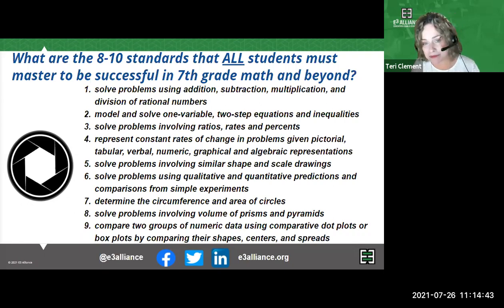And in this example, these are the 9 skills that if I was having conversations, I would say, yes, these are the 9 skills that all 7th grade math students in my class would need to continue on to success. And these are the things we want them to remember, to demonstrate mastery of, and be able to successfully recall when they get to the beyond, which is the following grade levels.